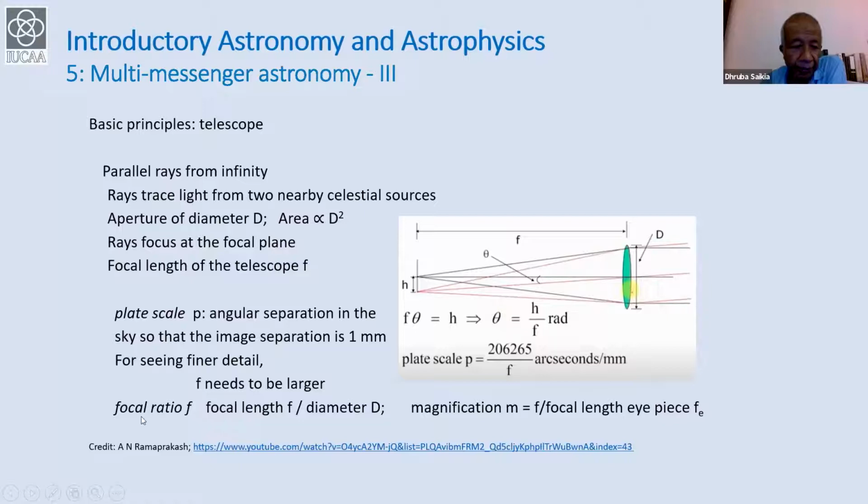The other definition, which you'd be familiar with from your cameras or telescopes, if you've used amateur telescopes, is the focal ratio. Focal ratio is focal length f divided by the diameter D. I put this in italics f, whereas the focal length is the standard f over here. Okay, and the other terminology which you will meet is the magnification, where f is the focal length of the